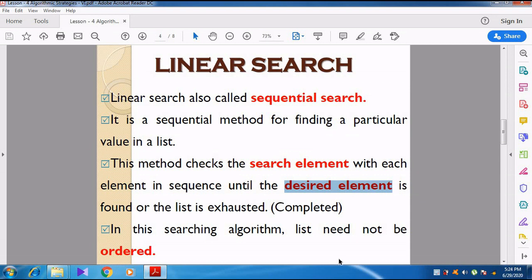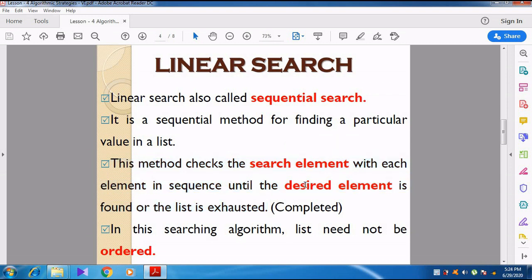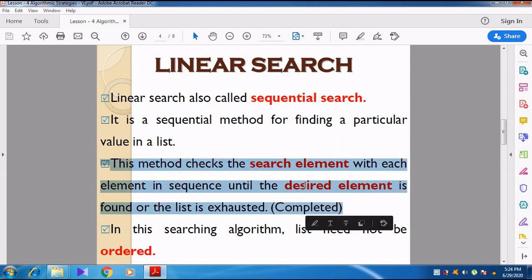This method checks the search element with each element in the sequence. The search element will be checked with each and every element in the list until the desired element, the same search element, is found or the list is exhausted. What is meant by exhausted? Exhausted means completed.